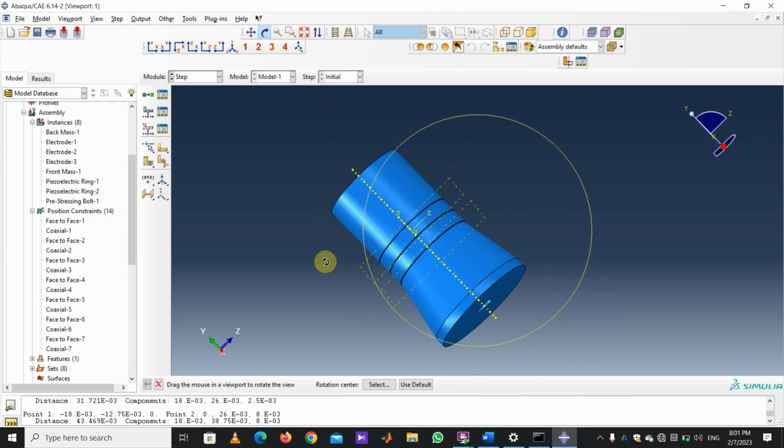In the step module, we will define two steps, one for the pre-stressing or preloading, for applying pre-stress onto the piezoelectric rings by a pre-stressing bolt. Also another step, which is the modal analyzing step, by which we can see different modal shapes of the transducer under varying frequencies. For doing this, first I click on create a step,